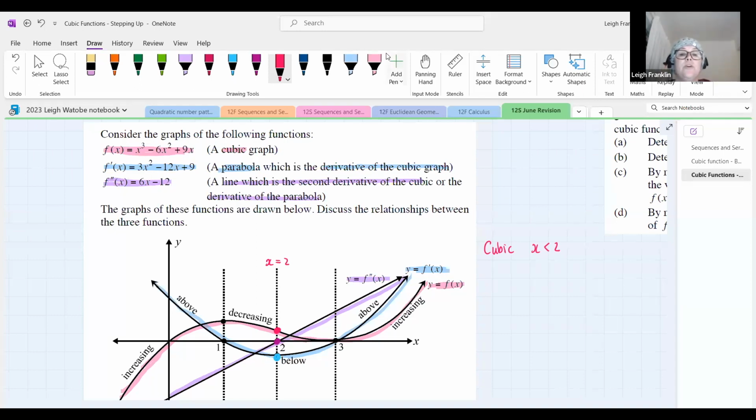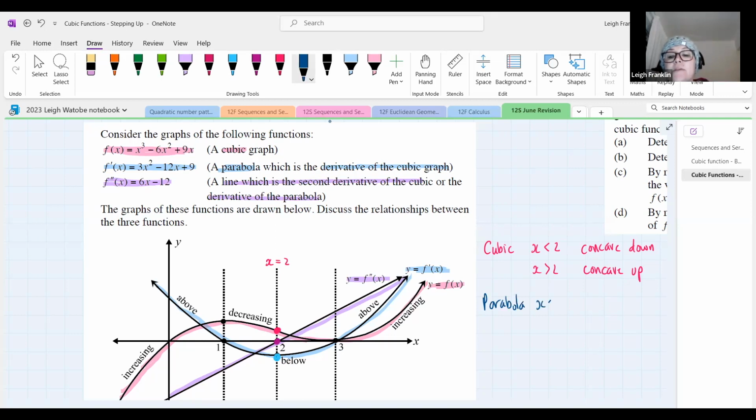What's the deal with the cubic function? That's it, Lesedi. The graph is concave down. Very nice, guys. All right, on the cubic function, when x is greater than 2, the graph is concave up. All right, when we are talking about your first derivative, your parabola,